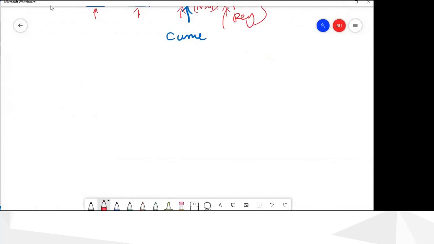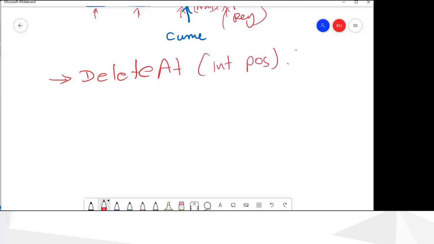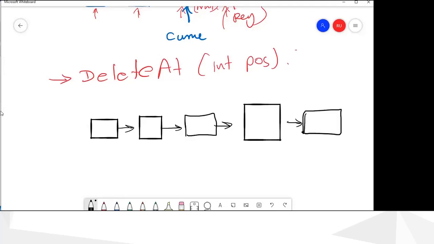That means we have to delete at a given position. So we give the position here. So here also it's the same thing as the earlier one. We have something like this, and now this is head and this is tail, and now say we want to delete, so our positions are 0, 1, 2, 3, 4.